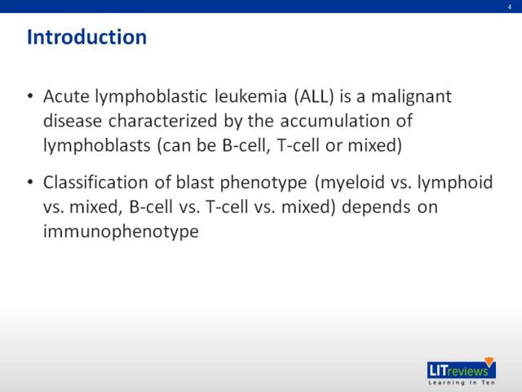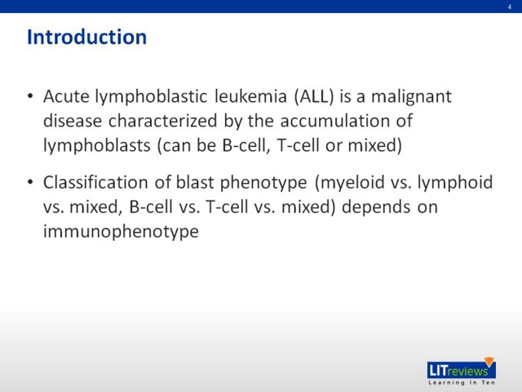The type of blast cell, whether myeloid or lymphoid or mixed in lineage, will differ in appearance under the microscope, in the amount and type of cytochemical stain that these cells take up, and by immunophenotype, which is defined by flow cytometry testing. WHO requires immunophenotyping to be done to define the identity of blast cells.